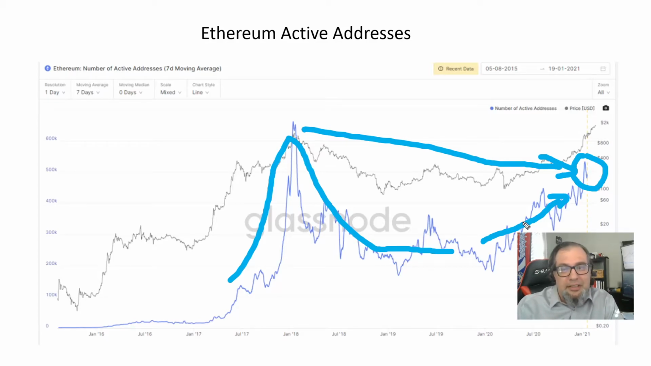The price action makes sense because the fundamentals are there. People say Ethereum is undervalued. No, it's properly valued, right? It's valued exactly with the usage. So, and finally,